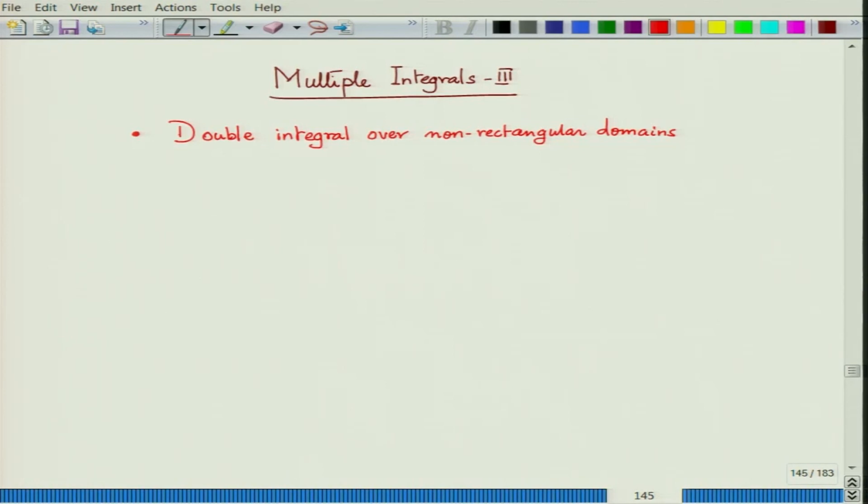Suppose I have a function f defined over a domain D to R, where the domain means always a closed, convex, closed and bounded set in R2. Now, if you have this given domain D,